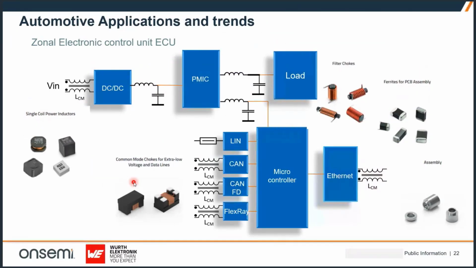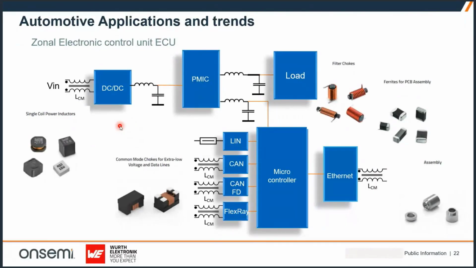John already showed also the block diagram of an ECU here, taking a deeper look from the passive component side. So we can see here we have a lot of DC-DC converters, or a lot of communication lines that we would need due to the high demand of communication between the ECUs, to be always monitoring if everything is going well, the currents and everything is fine. And we can see here that whether for the power conversion, we have a wide portfolio of power inductors,